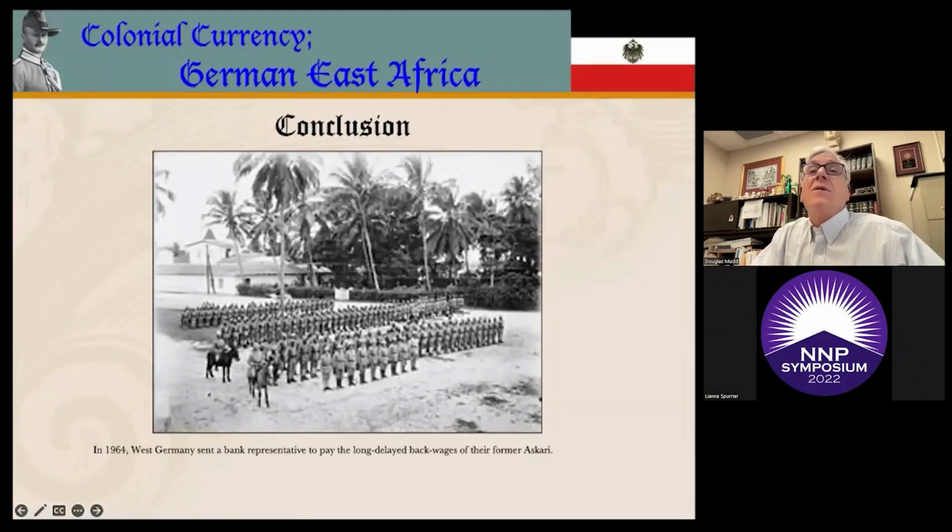The West German embassy at Dar es Salaam identified approximately 350 of these ex-Askaris and set up a temporary cashier's office at Mwanza on Lake Victoria. Since so few of the claimants could produce the certificates which had been given them in 1918, showing that they had served in the German forces, these things are extremely rare and would be very collectible if you could find one.